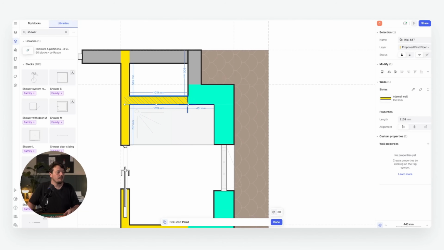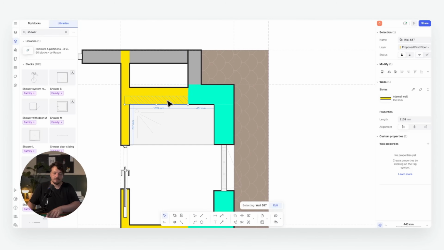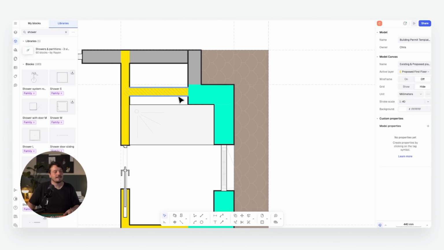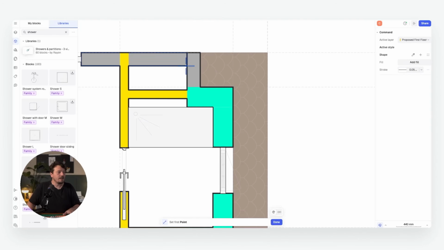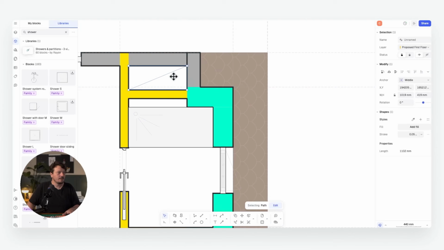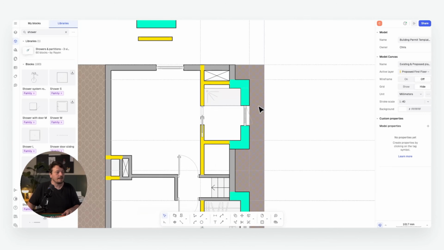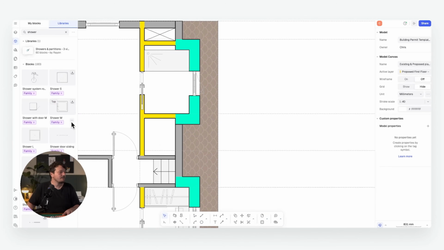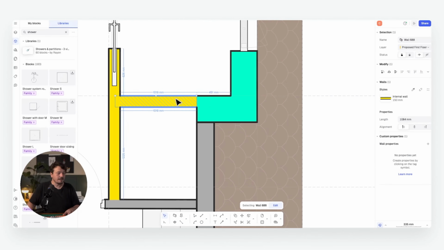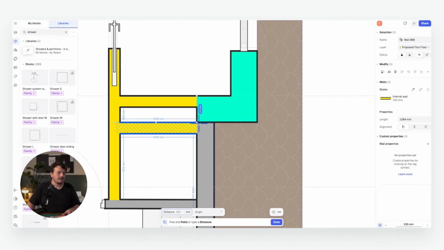And maybe with this area we could create a little niche for the shower. So we could set that back, and we could use that back portion for any pipe work or supply that the shower needs. And similarly, we could do the same thing on the other side. We could set that back by, say, 300,